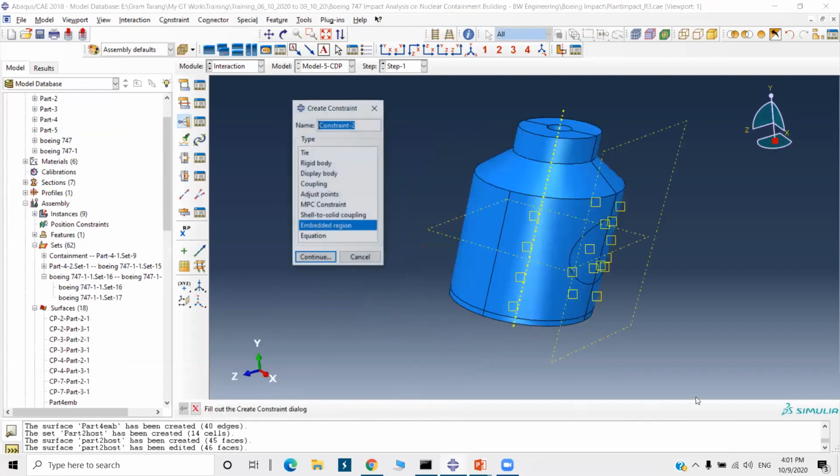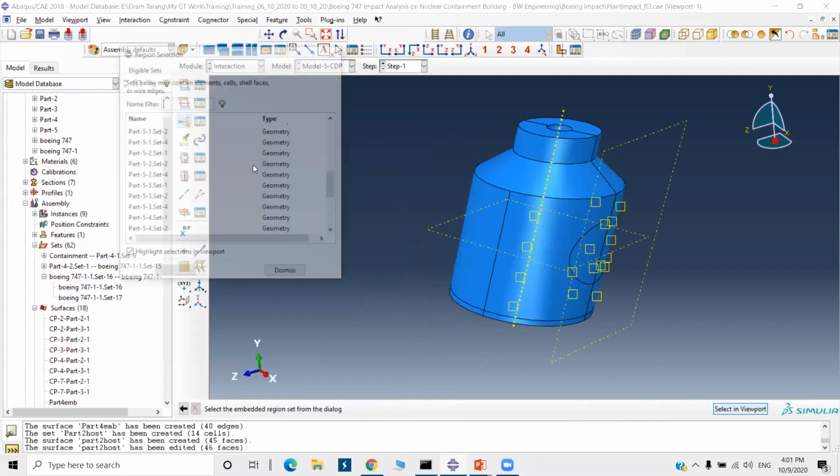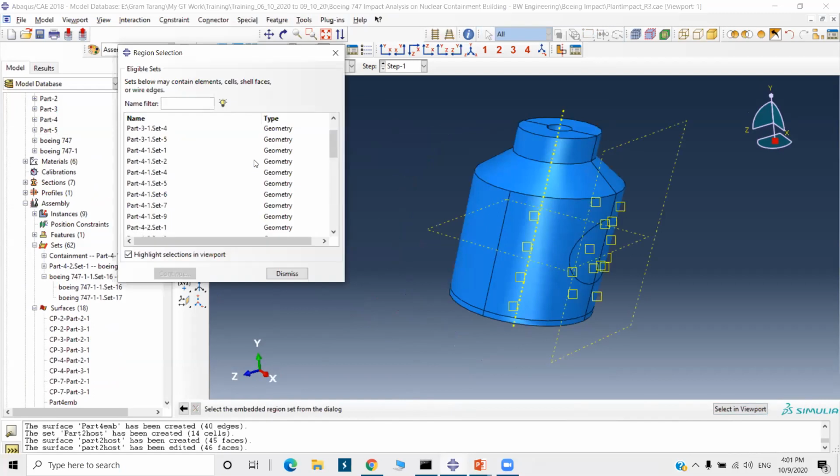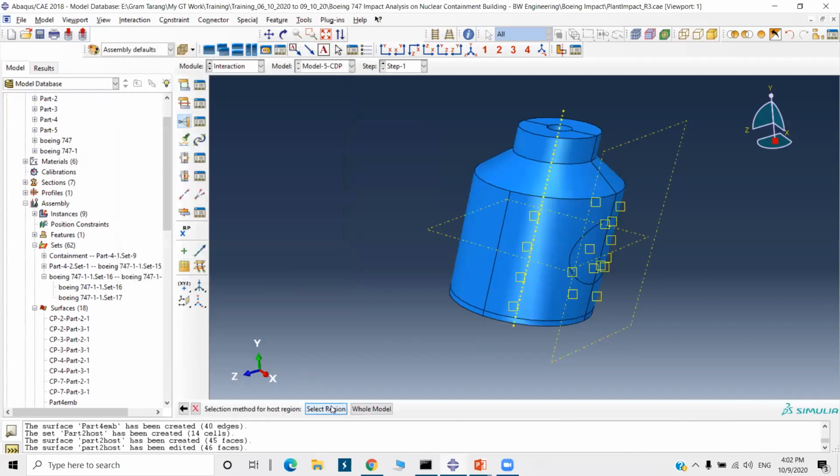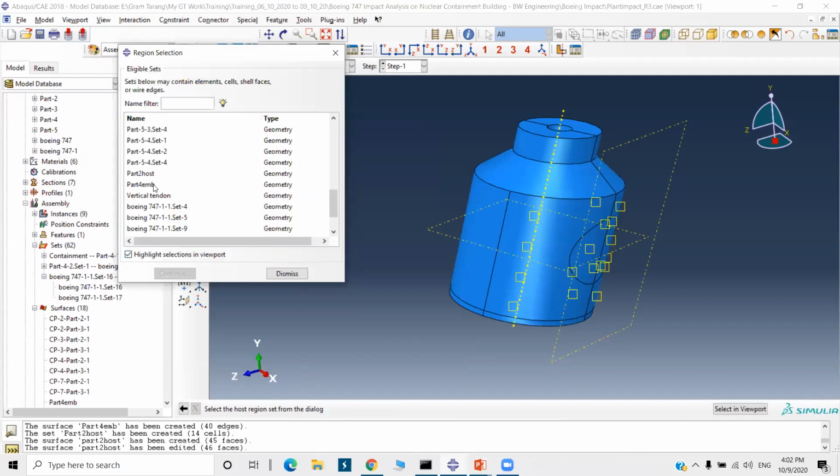Now go to interaction embedded region. Set. Here we have to find our set. Part 4 here, select it. Done. Now select region again for host. Part 2.